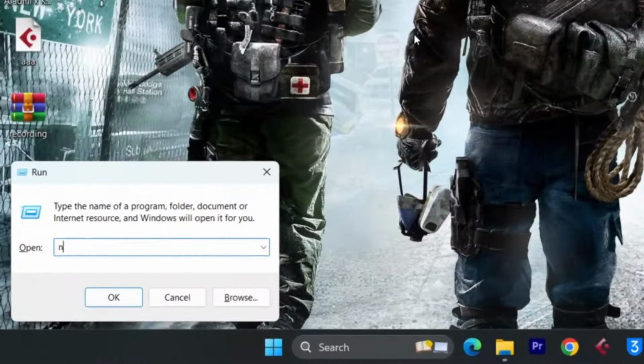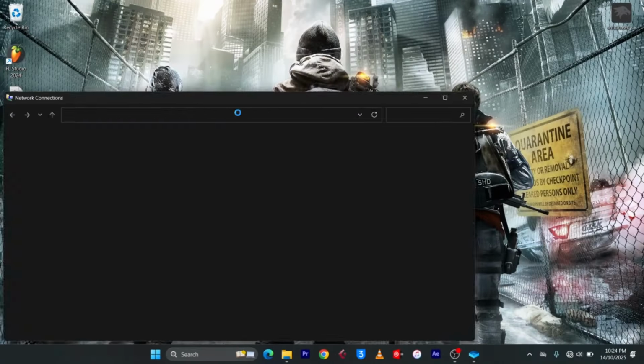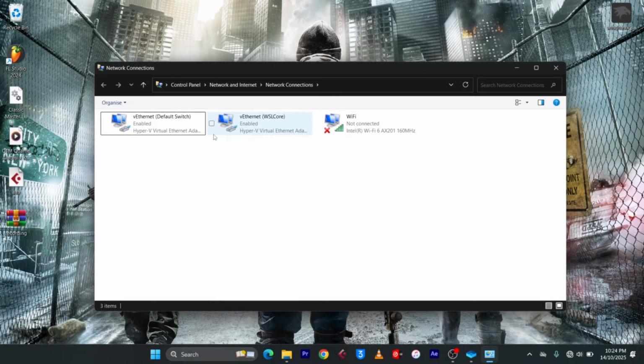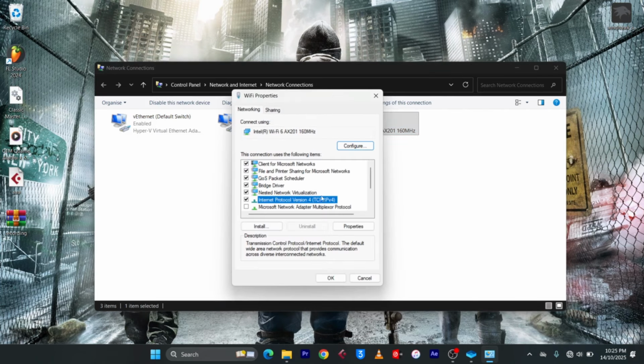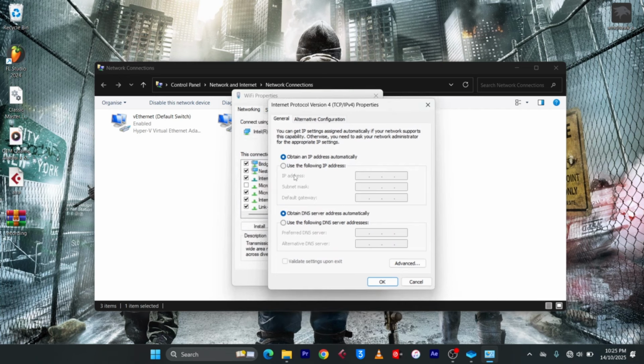Next, type ncpa.cpl. Hit enter on your keyboard. This will open network connections directly, where you can change internet service providers, DNS, or troubleshoot network adapters. From here, you can right-click on any network adapter. Then you click Properties. Then from the list, you choose Internet Protocol version 4. Double-click, and then from here, you can enter your preferred DNS, which can help speed up your internet